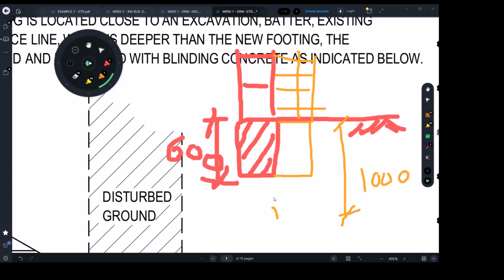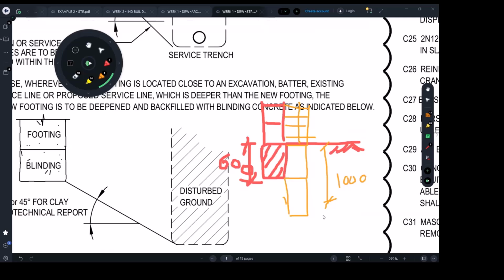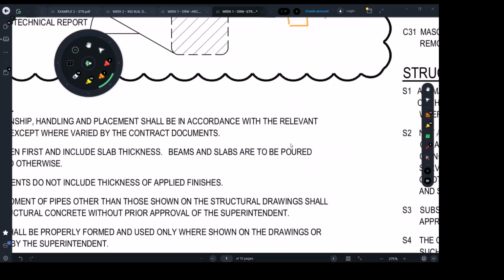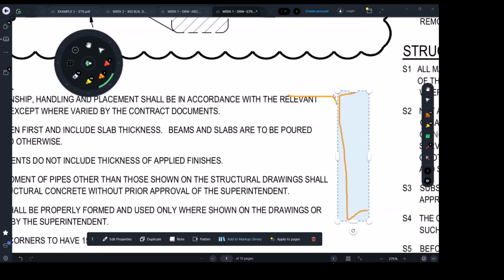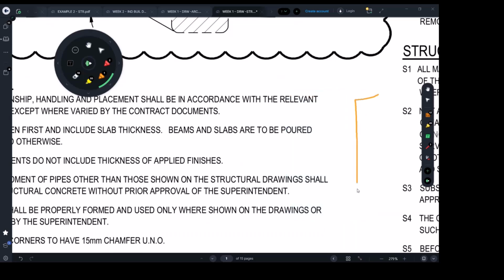If that was not enough, then what we can do is use bored piers. Bored piers, they're going to be every 2 meters. So if you look at the plan view, say this is your plan view. The orange is our new building. We're going to look at this slowly, but while we are on the topic, let me talk about it. This is our new site, and the red is the